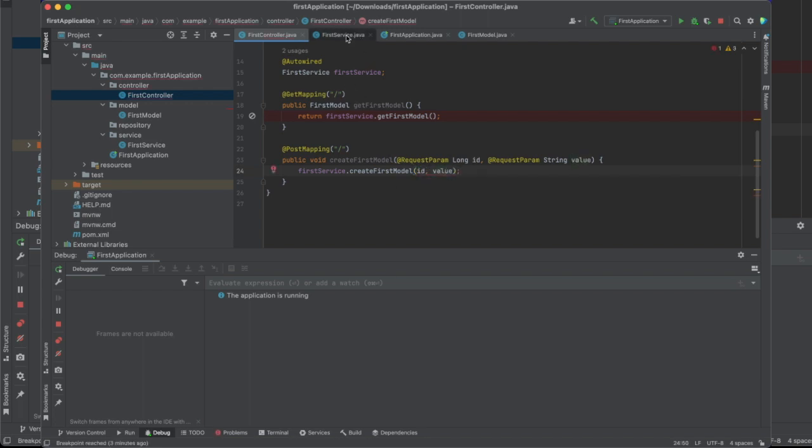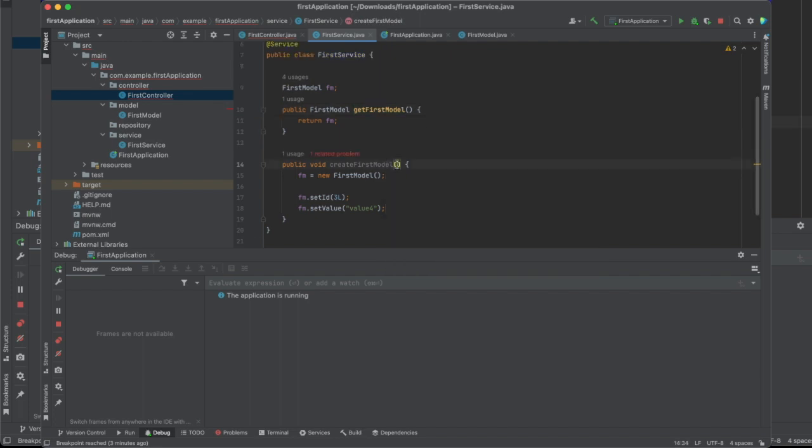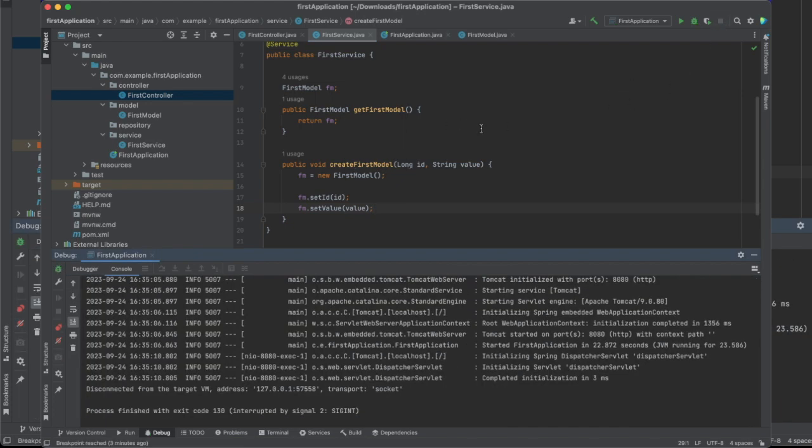Then you can say the service, let's do the long ID, string value. You can do ID and you can do value. Now we are setting it based on what gets passed to us instead of just making it up. So what that means is when we start this again,